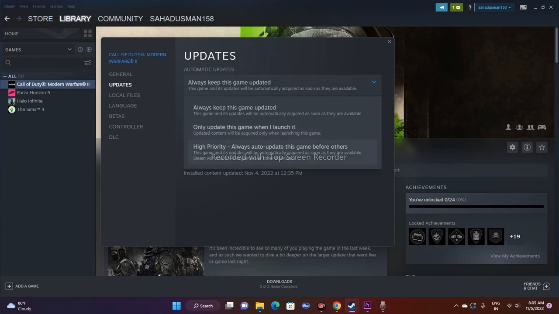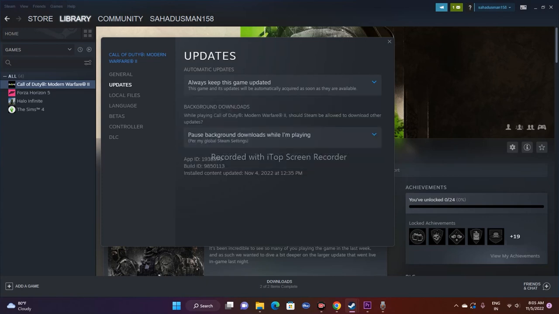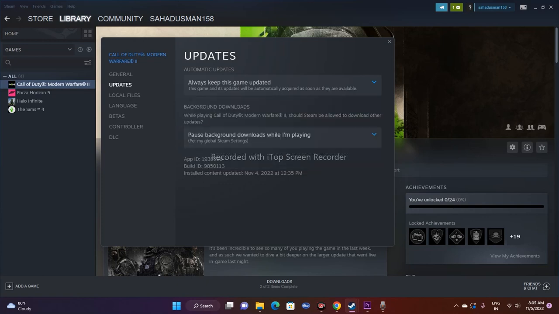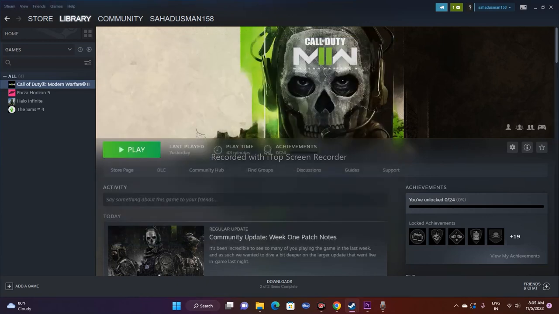So here, always keep this game updated, so that whenever you're working on your PC on something else, if any updates are there, this will get updated. So you need the internet connection. But simultaneously, if you choose always auto update, in the sense that even if small updates are there, it will keep on updating, so that it will be affecting your internet speed. So I suggest you go for always keep this updated. Whenever there is an update, you will be getting an update option here, just update it. That is what you have to do.